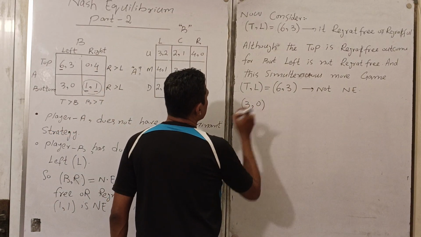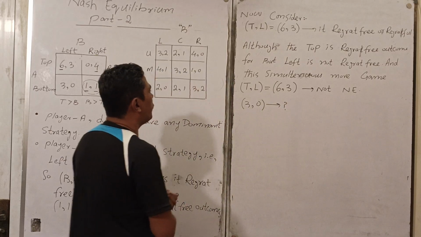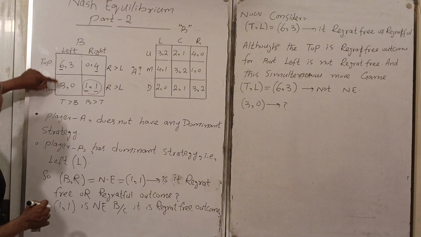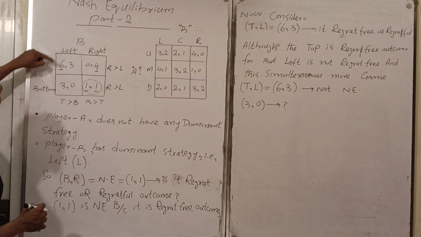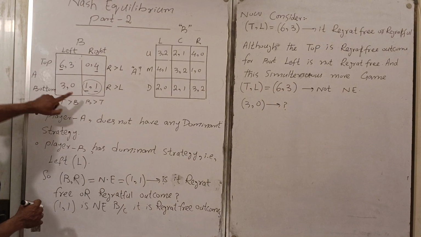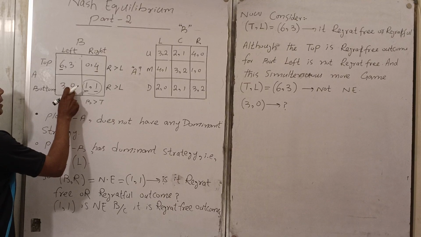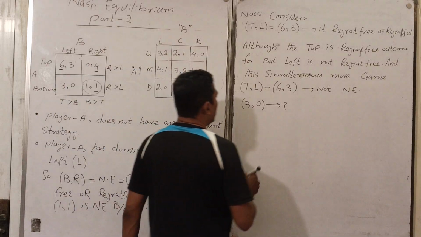3 and 0. Yeah. What about this one? Is it regret free? Now compare 3. So bottom. So now it is regretful outcome for A, because A is better than in case of top. But it is regret free outcome for B. Okay, so I can conclude that